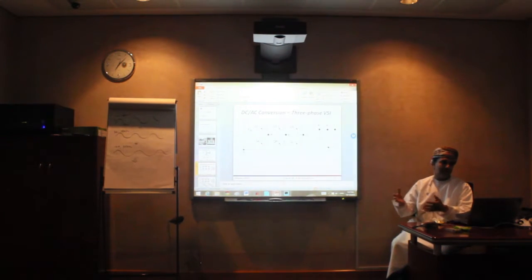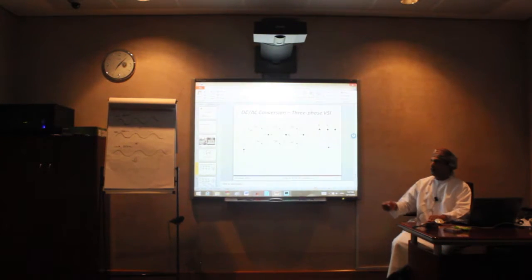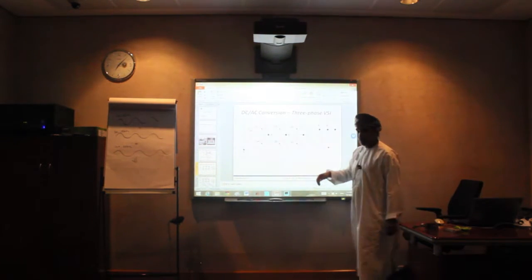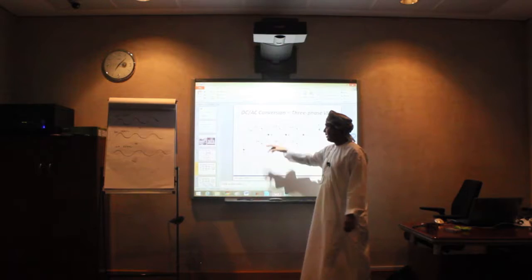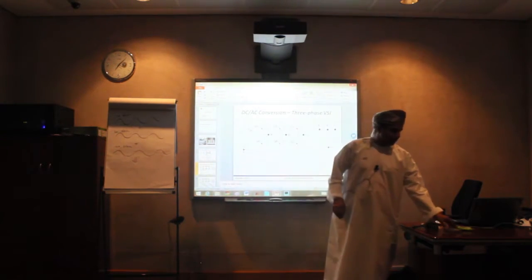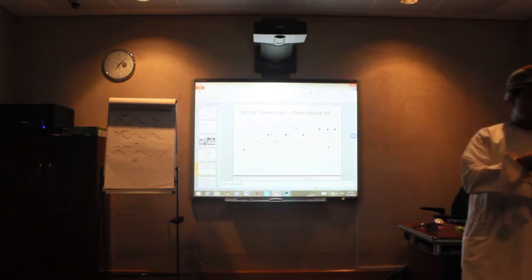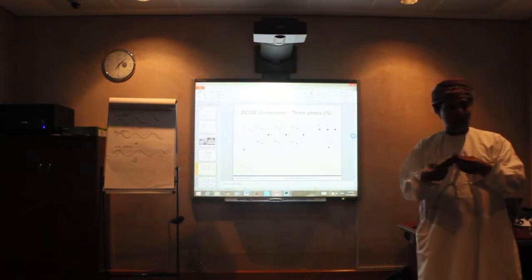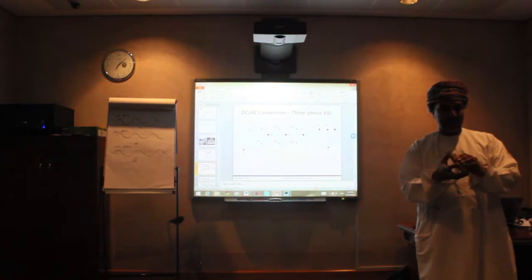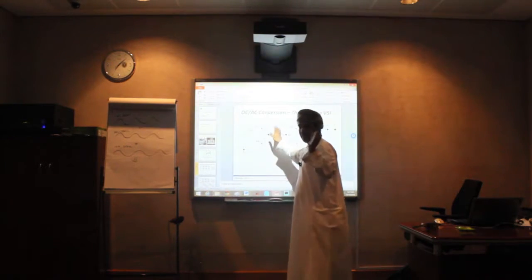The suitable method is to connect it through a three-phase inverter, right? So three-phase inverter, instead of having four switches like in single phase, we now have 6 switches. And nowadays you can find chips like those. This is from 4G, and there are 6 switches integrated inside that one,